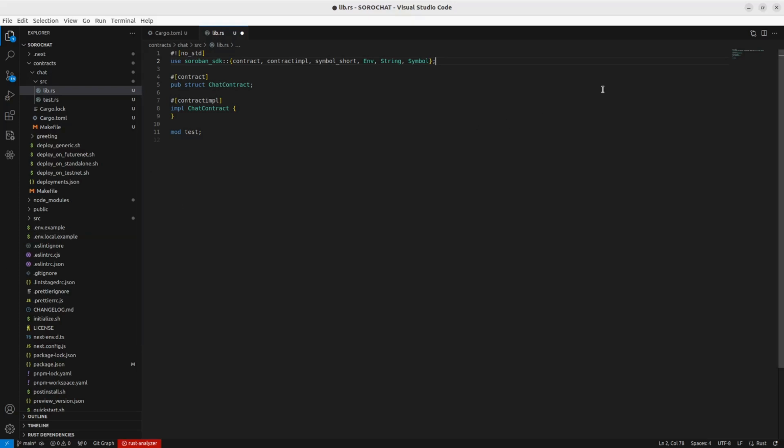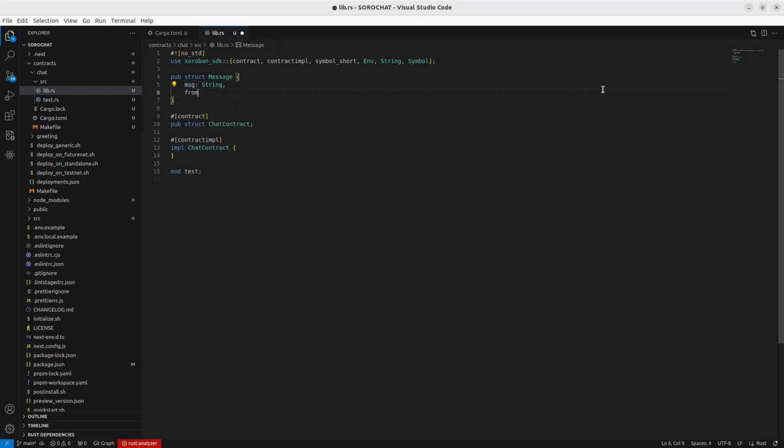Let's now think about what we want. So we want a chat. So we want messages and conversations. We can imagine that a conversation will be a list of messages. So we have to first define what is a message to then define what is a conversation. So what is a message? We will basically define a struct here that we will call message with some fields. So message will be basically a string